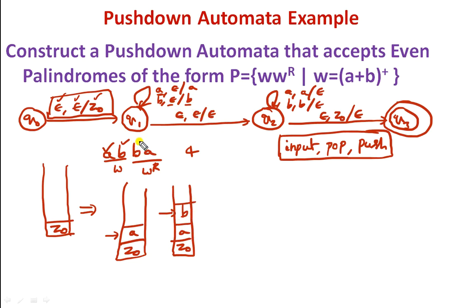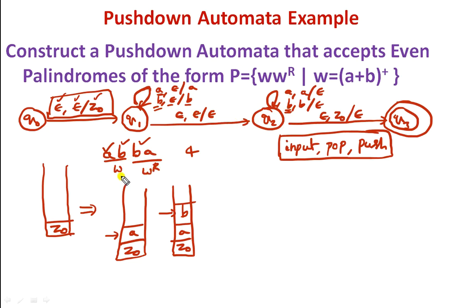Now symbol B has come. So whenever symbol B has come, either you can be at Q1 itself, because there is an input symbol B accepting at Q1 itself, or you can move using the epsilon transition from Q1 to Q2, and then you can use this particular B symbol for transition. So whether to continue with this particular symbol or move on epsilon and consider this particular symbol is the crucial role here. So that is why before actually moving forward, we need to bifurcate between W and W power R.